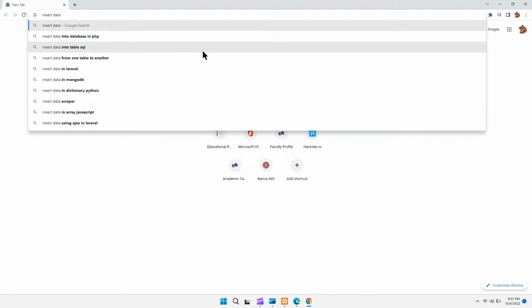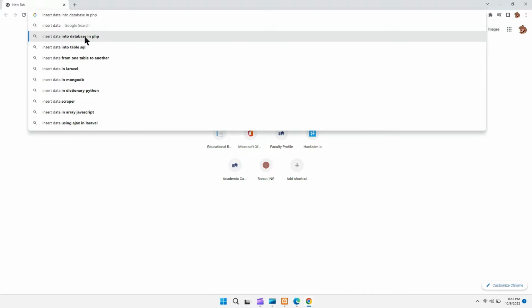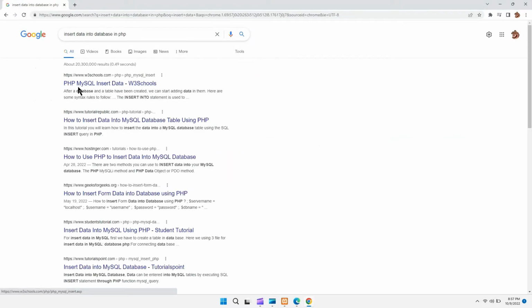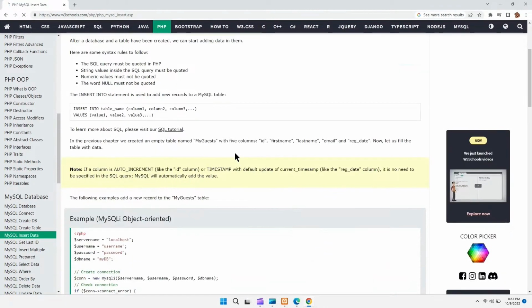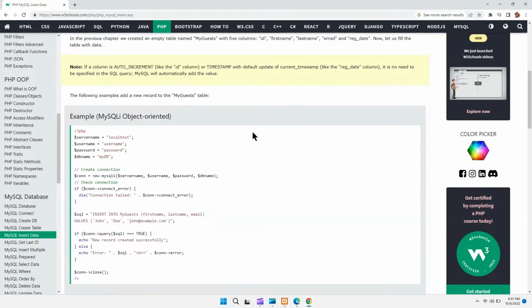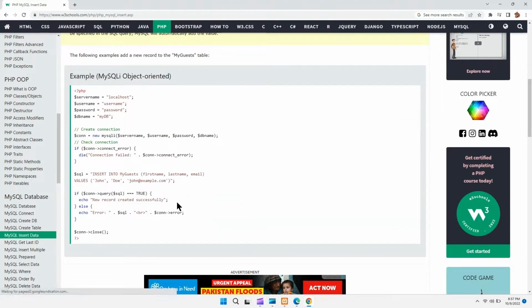So insert data into database in PHP. So we are following the W3 School here. Checked. Yeah, we got it. So we use this source code to insert data in our database. I'll just copy it